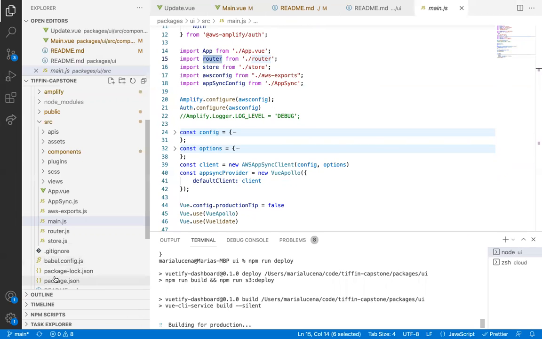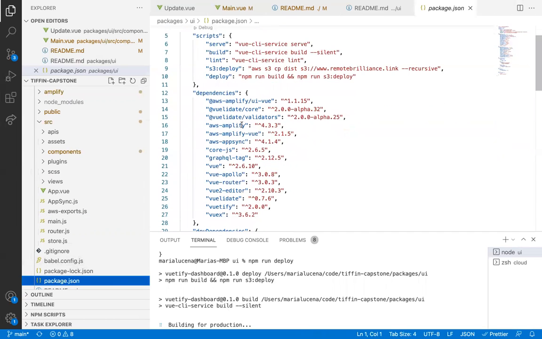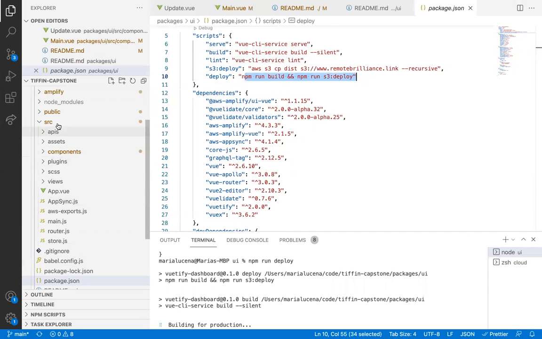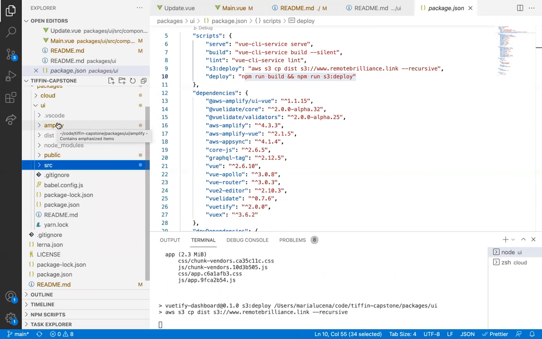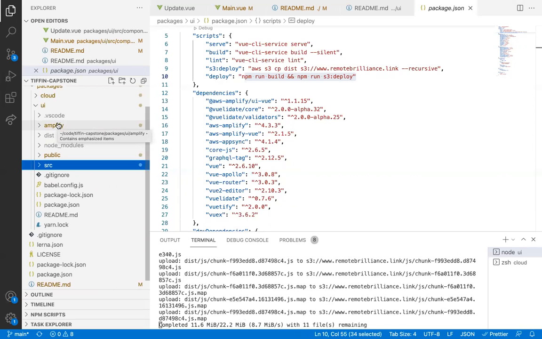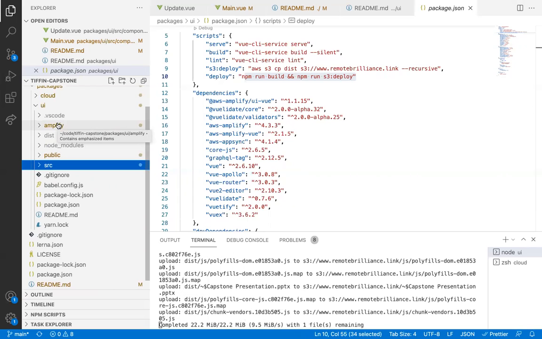So I put an npm deploy command, which in turn calls those other commands that I need. It's really very simplistic, and it's something that you can call from a pipeline, or Jenkins, or any of those continuous integration, continuous delivery tools.